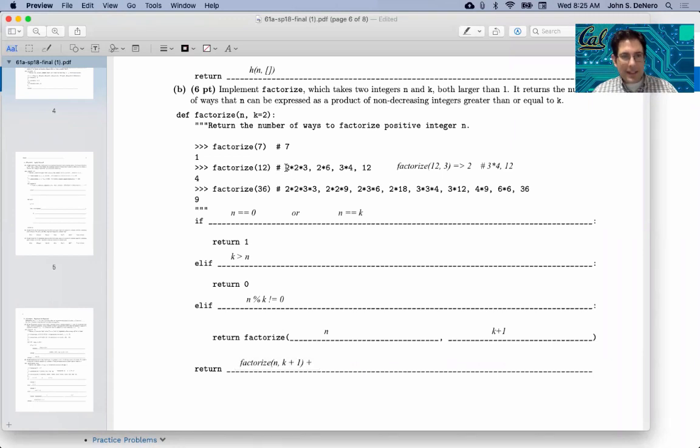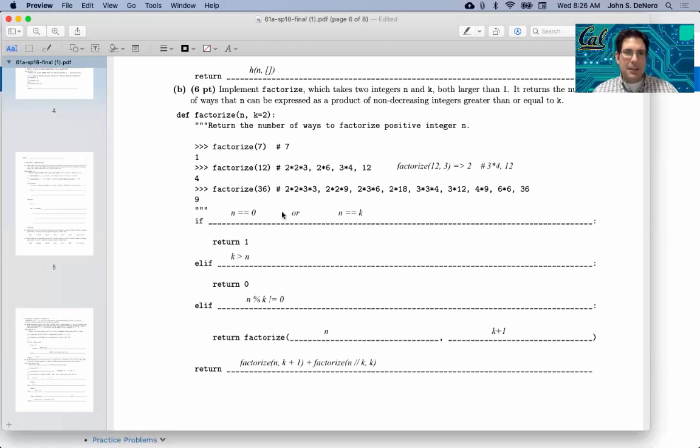So what I'm looking at here is that this makes 12 because this is a 2 and this makes 6. So if we wanted to look at all the different ways of making 6 using parts of 2 or larger, we would write that in general as factorize n divided by k, k. There's some chance we're done, but it's probably worth looking at some examples to make sure that we have the